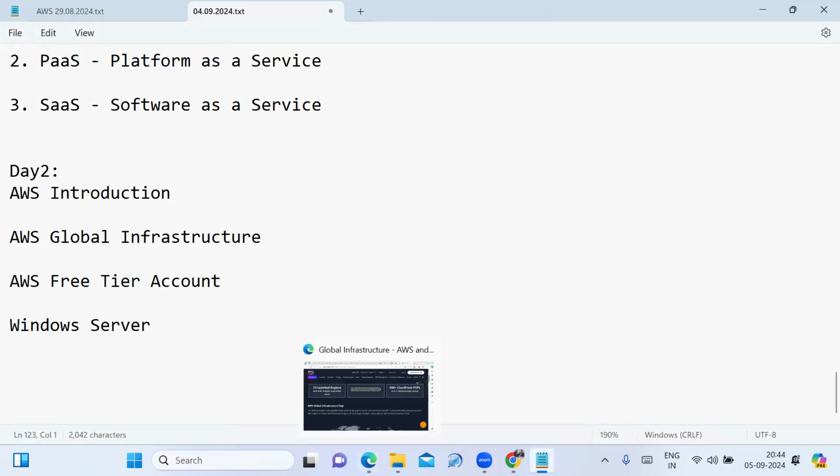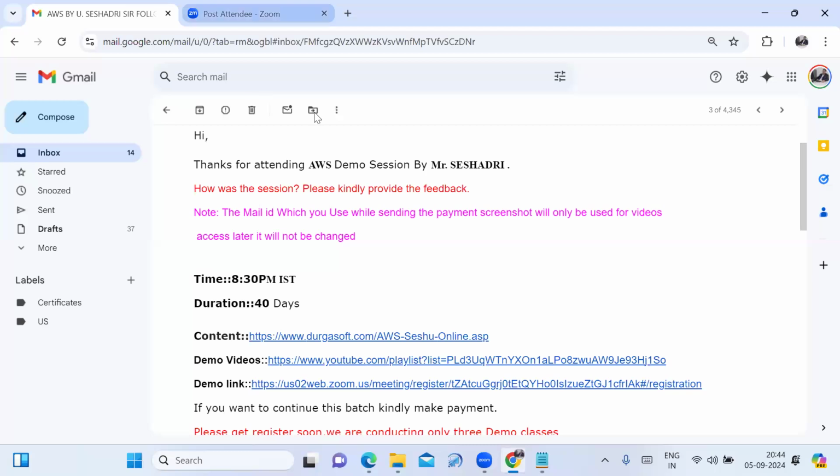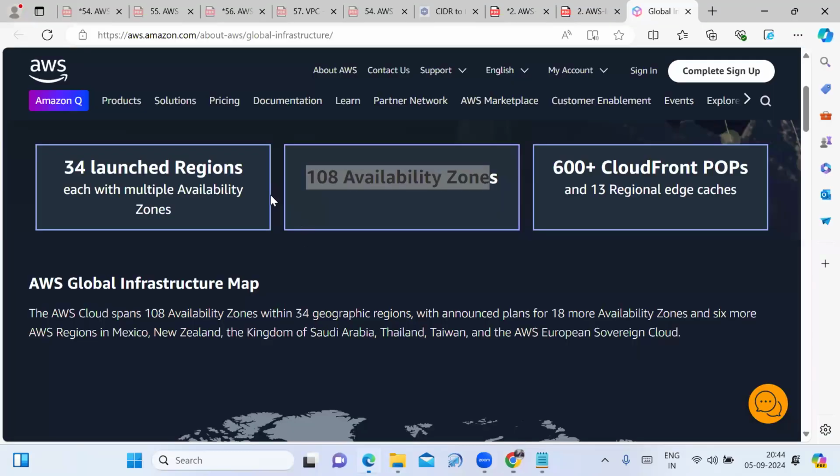Just wait. See, how many regions are there? 34 regions are there, and each has multiple availability zones.